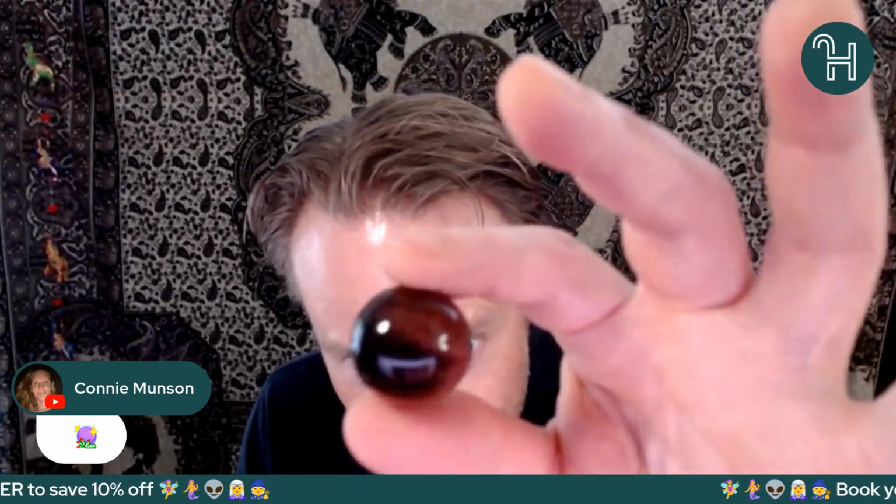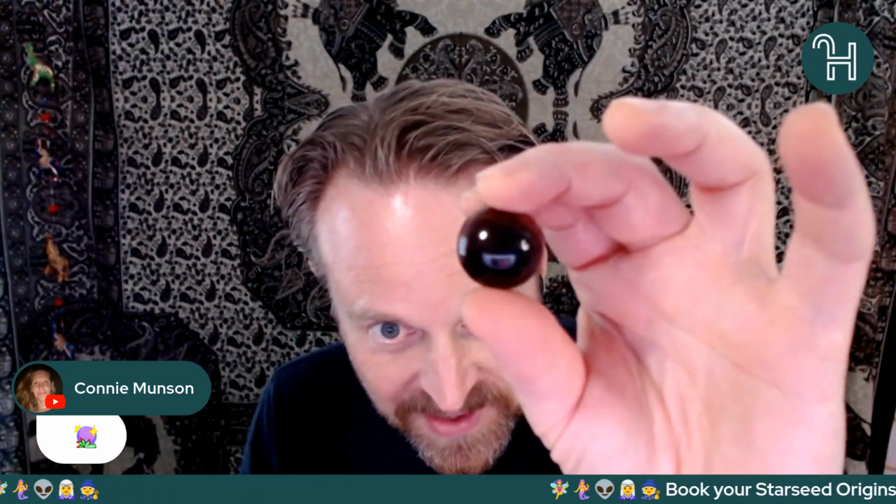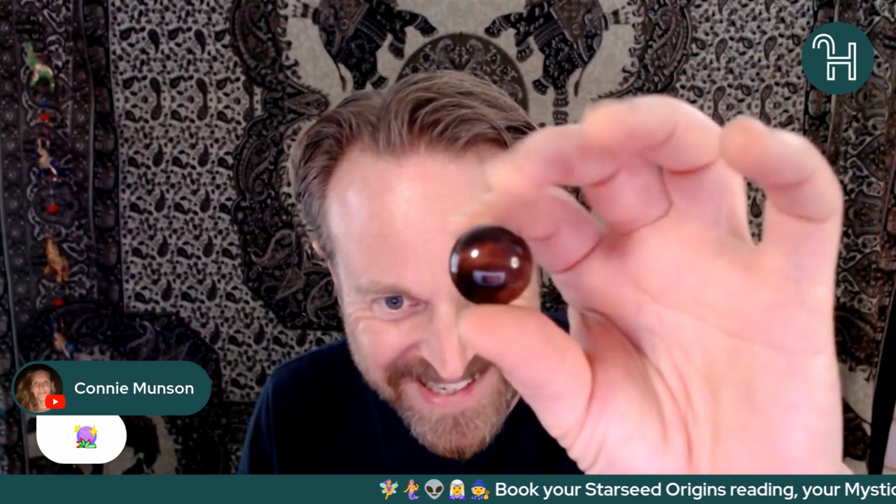I can't remember what I think this is. I don't think it's tiger's eye. I can't remember what it was, but I've got a sphere here. It looks like a couple of smiley faces in it. I've also just got a normal glass big marble here, which is fine too. It might be red tiger's eye. Oh, okay. Thank you. Possibly. That's a little bit more expensive than the normal standard tiger's eye. Oh, that's nice. It was one of my Reiki sisters that gave that to me.